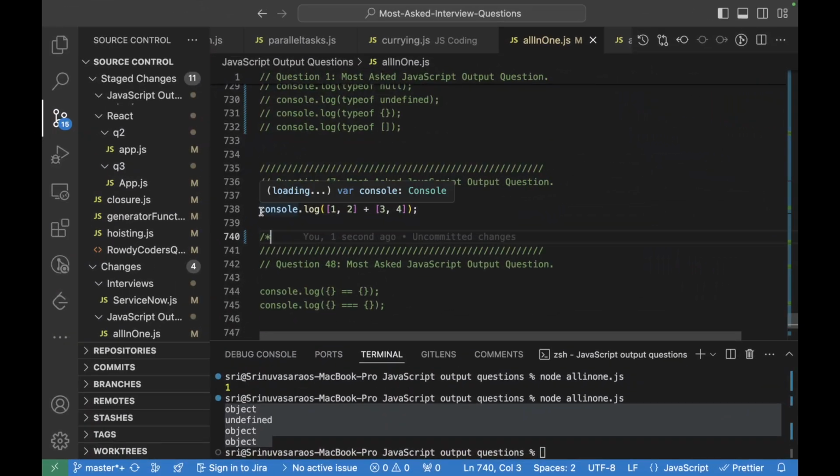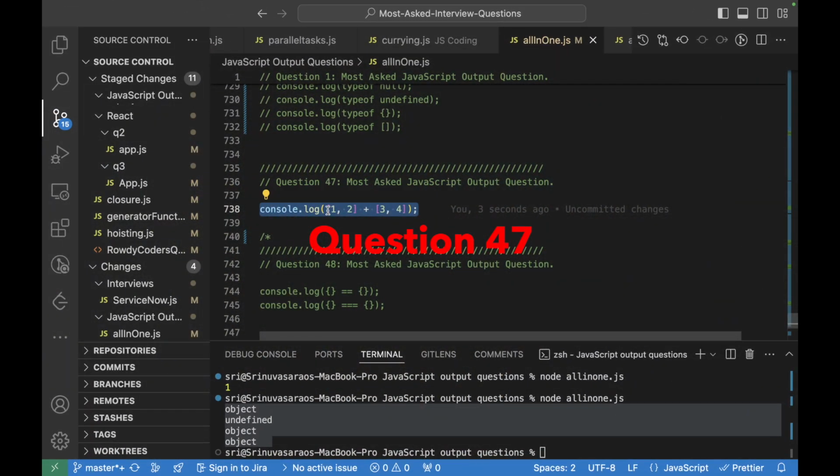So here, while trying to add, this particular array will be converted to a string, and this particular array will be converted to a string. So what happens is, here the string 1,2 will be there, and this will be added to the string 3,4.